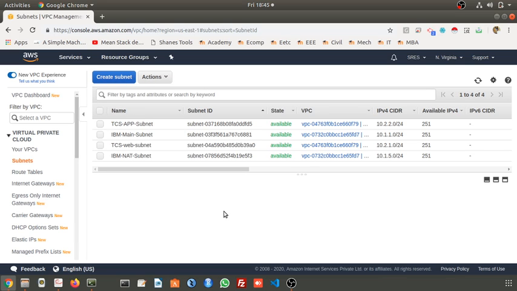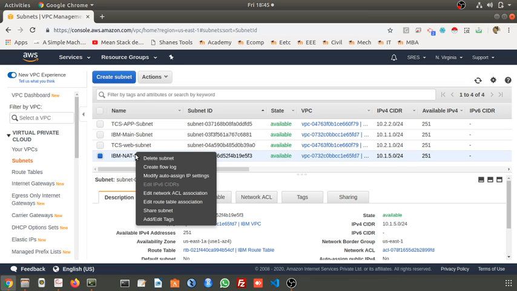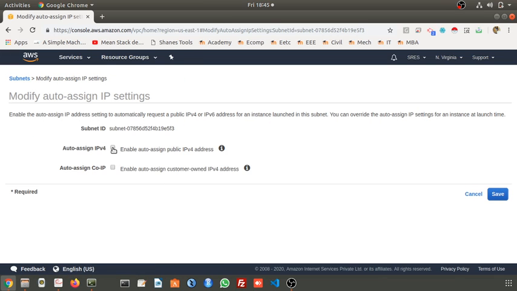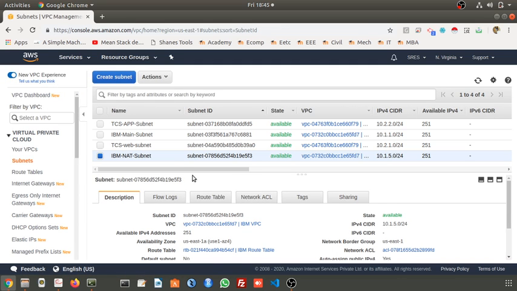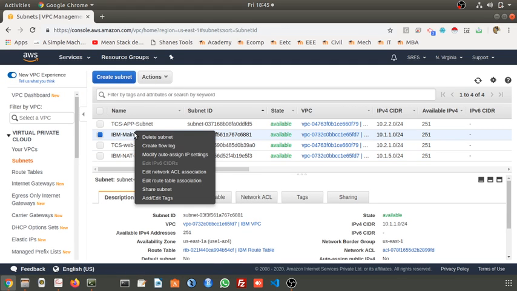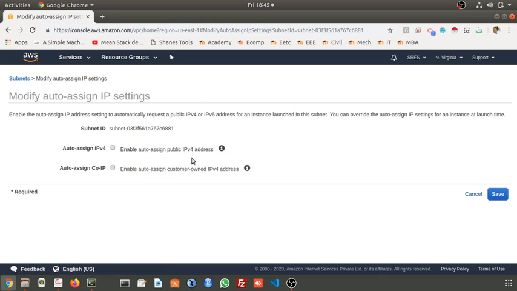For all the subnets we should have the public IP also. So right click on it, edit, modify auto assign IP, enable auto assign public IP. Next, for this main subnet also, let me enable auto assign IP.